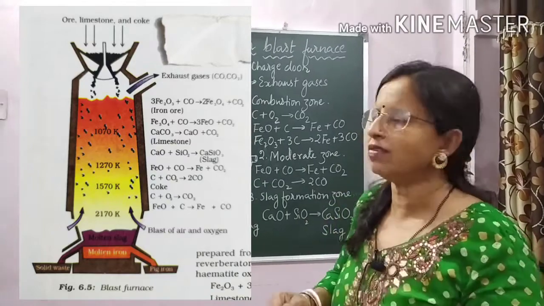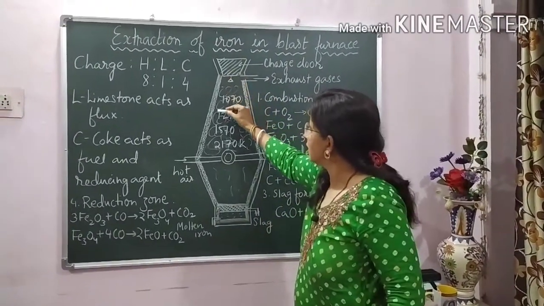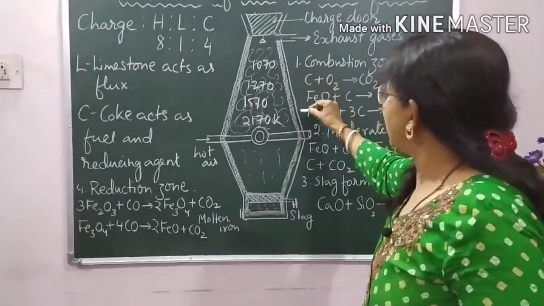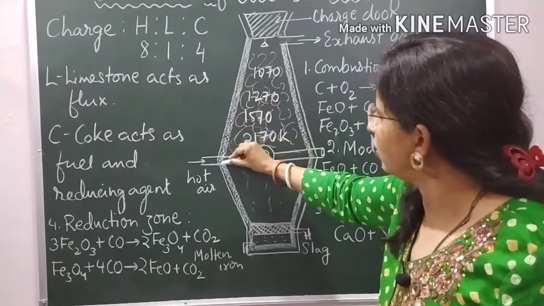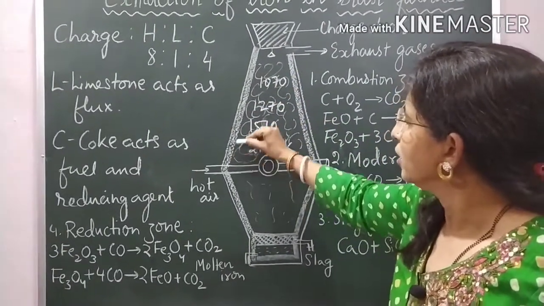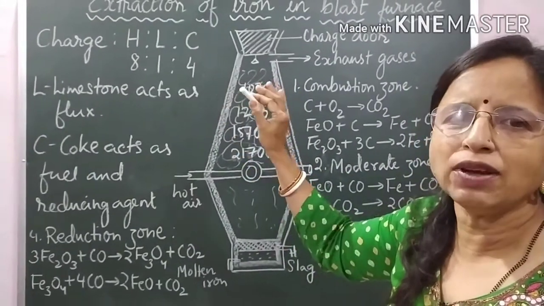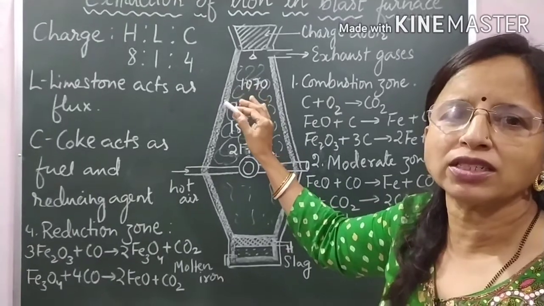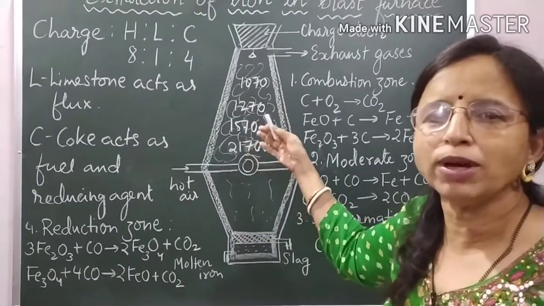So let us concentrate on the board. This is the design of the blast furnace. It is a big iron and steel furnace which is lined by calcified dolomite. This calcified dolomite is going to maintain the heat as well as it acts as flux. It also produces calcium oxide during the process of metallurgy.